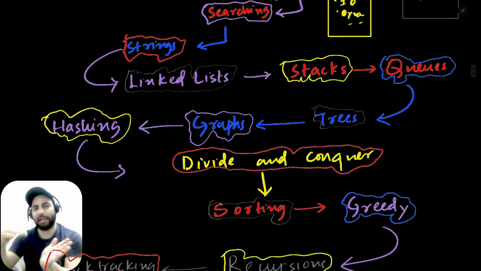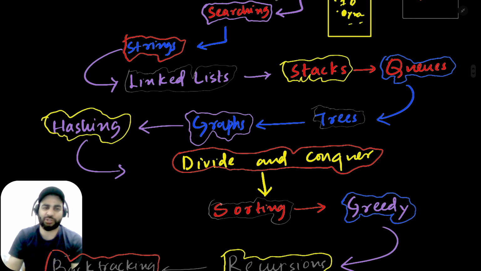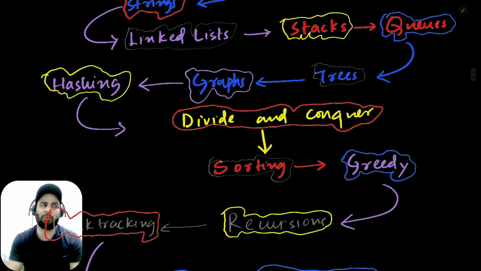Then we'll go on to the algorithmic side. What are the algorithms? Now I know how to store and retrieve data, because a data structure, at the end of the day, is nothing but where you store the data and take the data out in a certain way. And then you have to use these data structures in some algorithm.